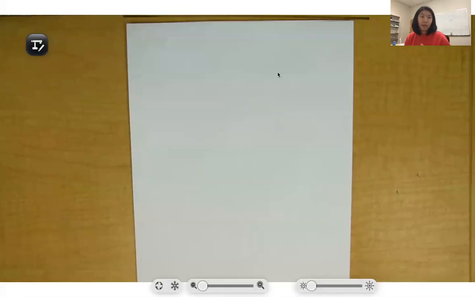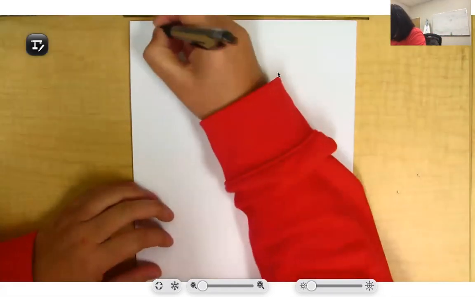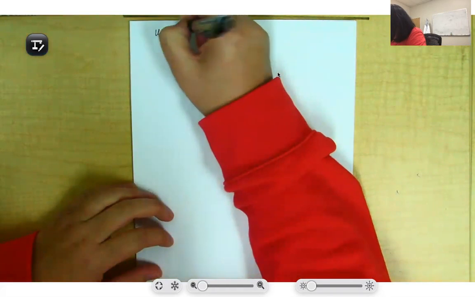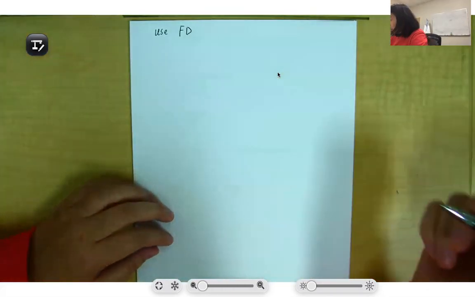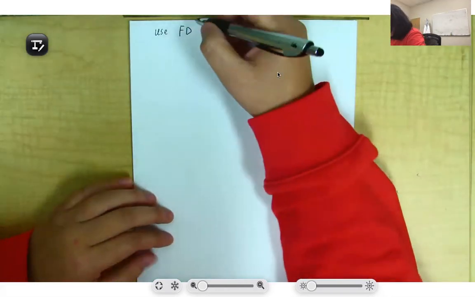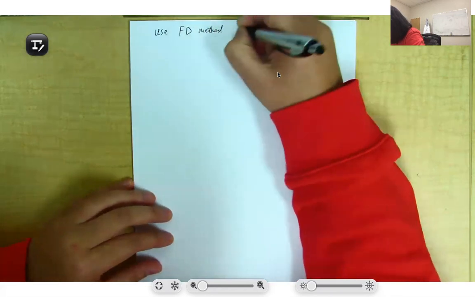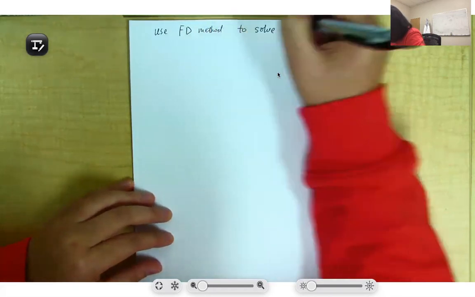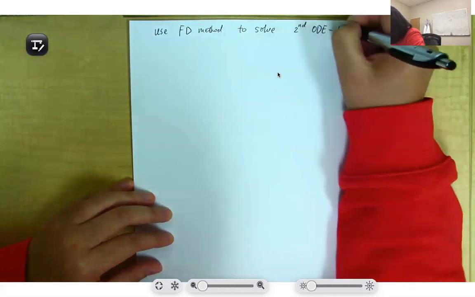Let's throw an example for the finite difference method using a second order ODE. Okay, so we will use FD, which is represented by finite difference method, to solve a second order ODE with BVP. Okay,